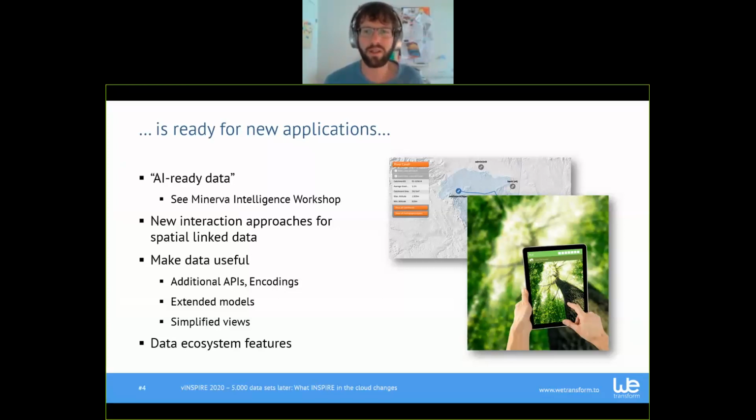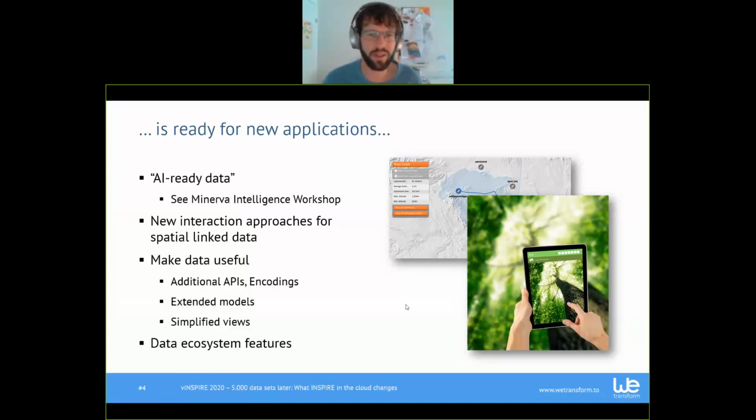And of course, we also always focused on making the data itself more useful. And we've just heard that things like GeoJSON and GeoPackage can make data much more useful to specific use cases like WebGIS or desktop GIS. This also includes things like extended models and the simplified views. So basically having something like, for the addresses, I think that's really obvious. An address is in principle not that complex an object, but it's really hard to use in the way that